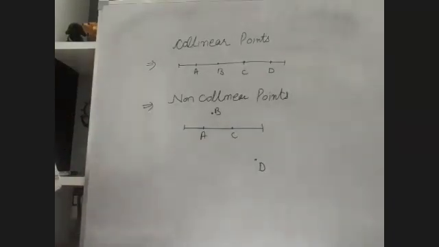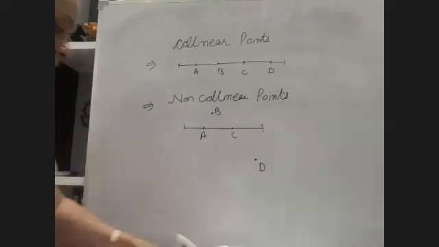Next is concurrent lines. 3 or more than 3 lines are called concurrent lines if all of them pass through the same point. If 3 or more than 3 lines pass through the same point, then these lines are known as concurrent lines. For example,